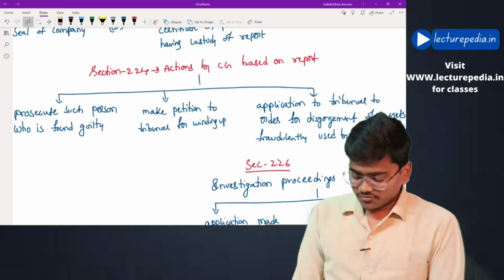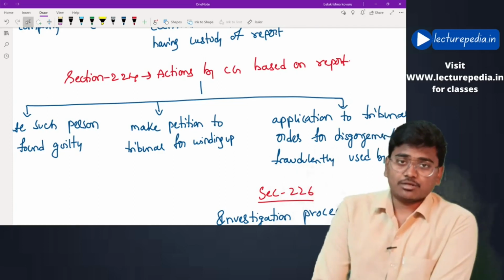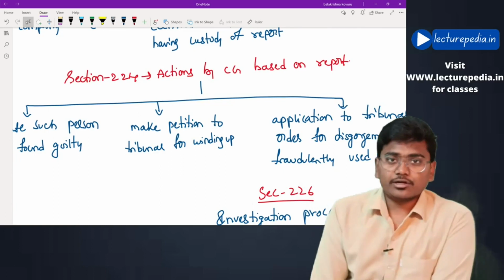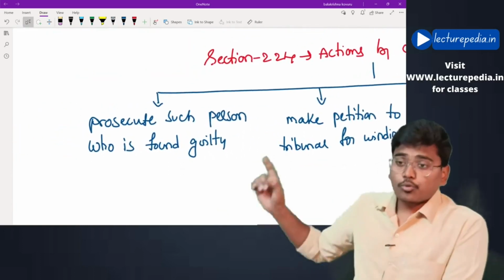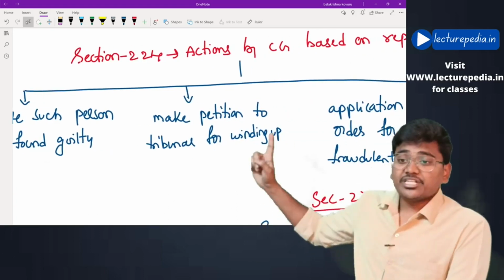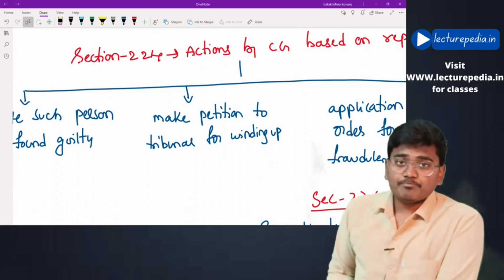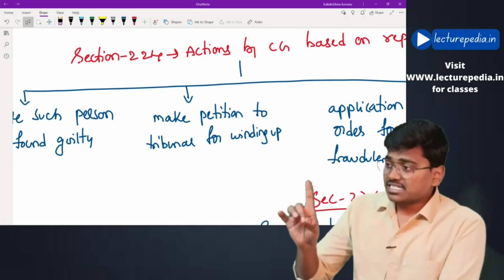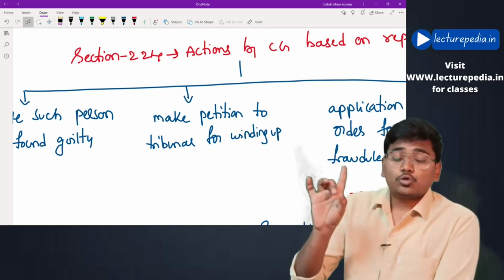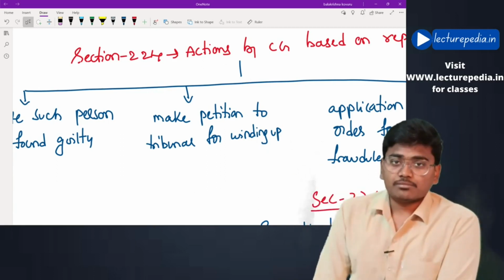Section number 224, actions that the central government can take based on this investigation report. Once the investigation report is submitted to the central government, what actions can the central government take? Let us see. Prosecute such person who is found to be guilty, or make a petition to the tribunal for winding up of such company. If the central government feels that based on the investigation it is necessary to wind up the company, then it will ask the tribunal to give an order for winding up of that company, or